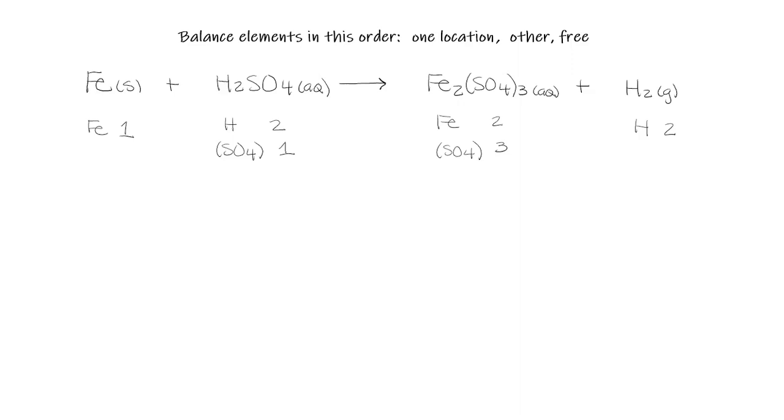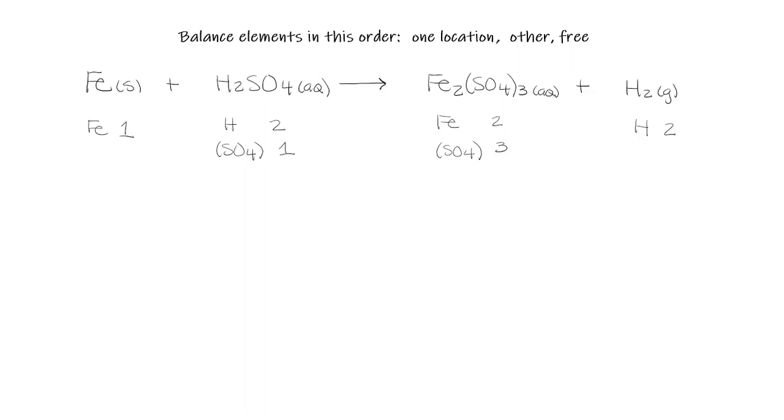If we do a quick check, comparing reactant side to product side, we see that at this moment, it only appears that the hydrogens are balanced. We have two hydrogens on the reactant side, and we have two hydrogens on the product side. I'm not going to check those off yet because there's a good chance that those numbers are going to change. But you'll see as we go along, we'll put a check mark once we think that we have balanced a particular element or group. So let's start by balancing the sulfate.